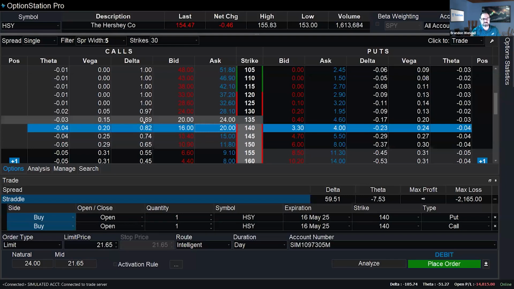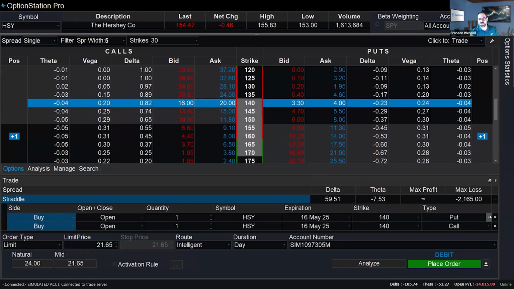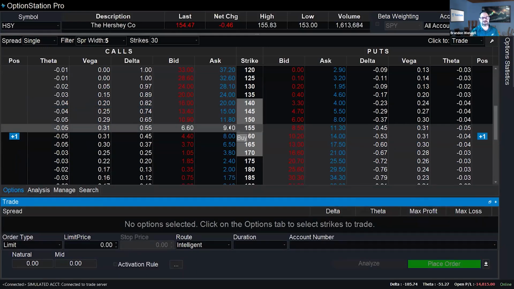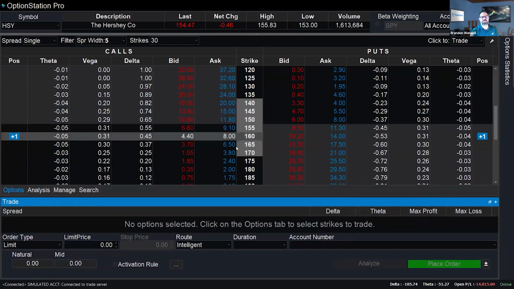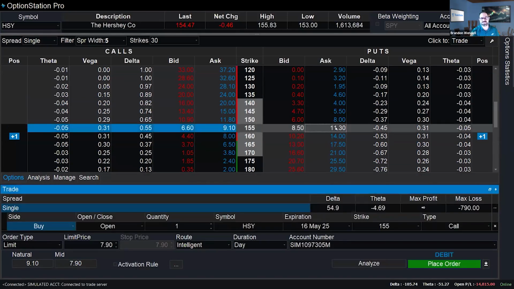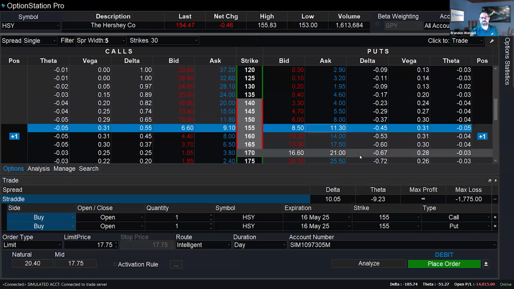I don't know if this is priced correctly after hours here, or 150. Oh, no, that's why I'm way out of the money there. Chose the wrong one. Sorry. Got the sun coming in on my screen here. It makes it harder to see. Anyway, we're at 154 right now. So I would do the 155, not 140. So I want to do at the money options. There we go. That's a little bit better.